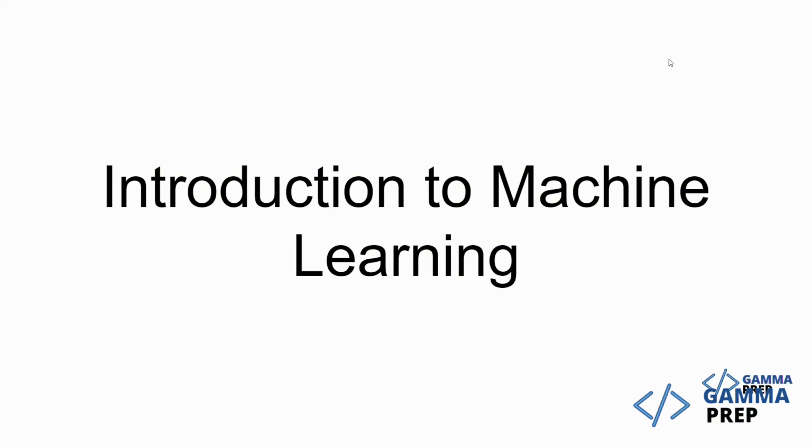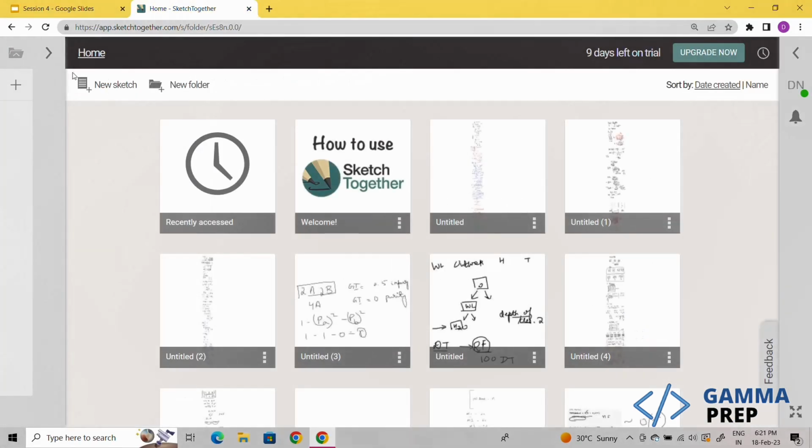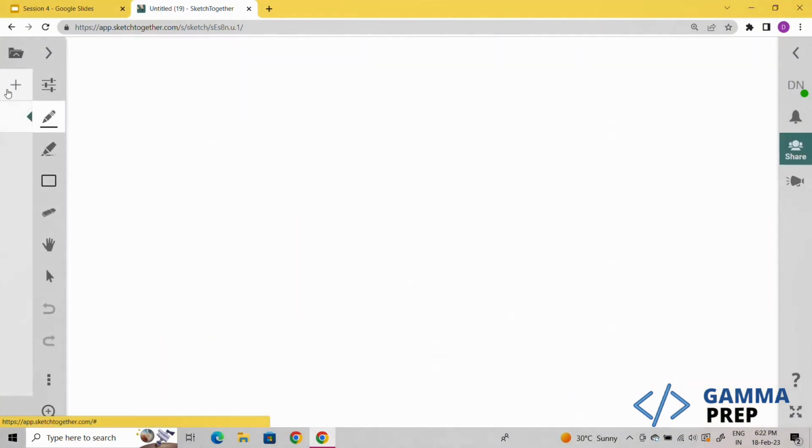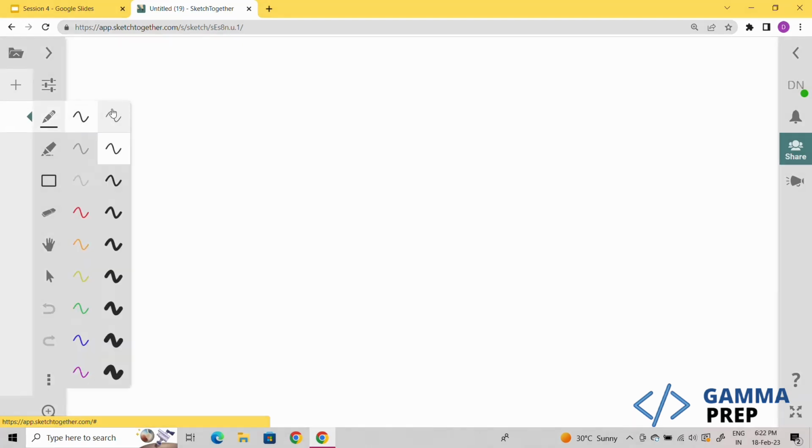So talking about first, data science. Data science is a broader field. Let me show it to you. Data science is a process in which huge volumes of raw data is analyzed and processed to extract meaningful information, to use it for various research and business purposes. It is a long process that starts from collecting the raw data. The data can be structured or unstructured.